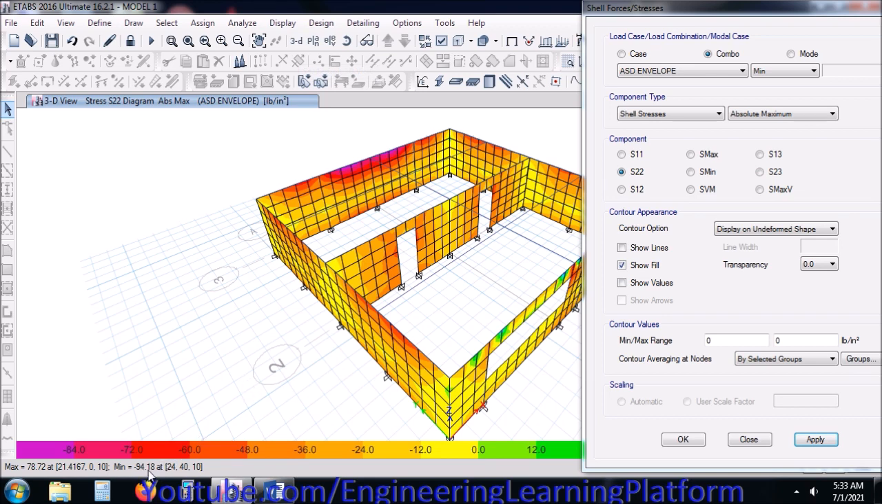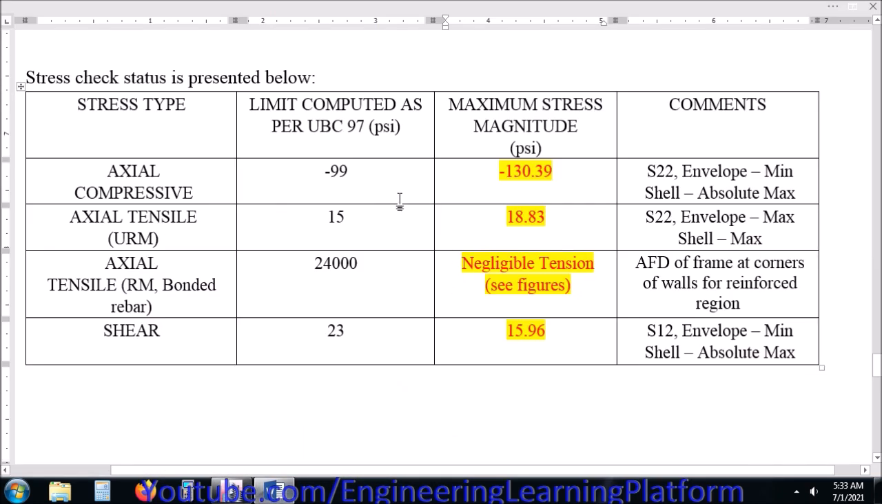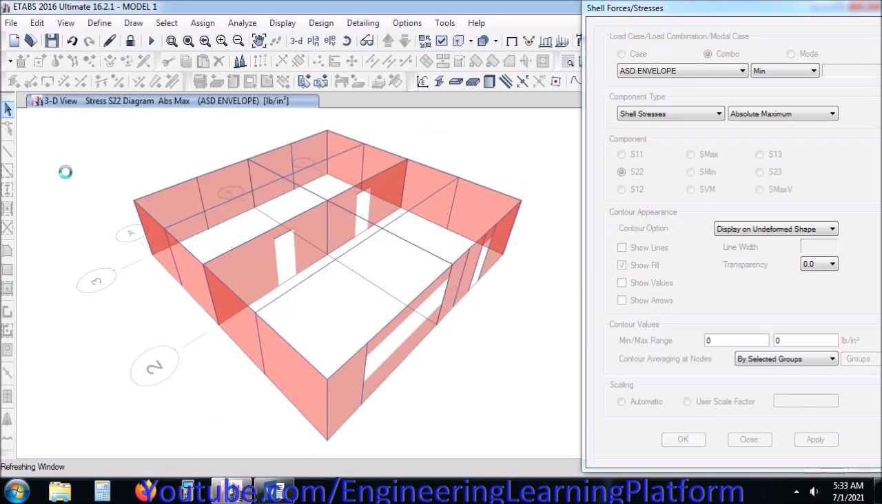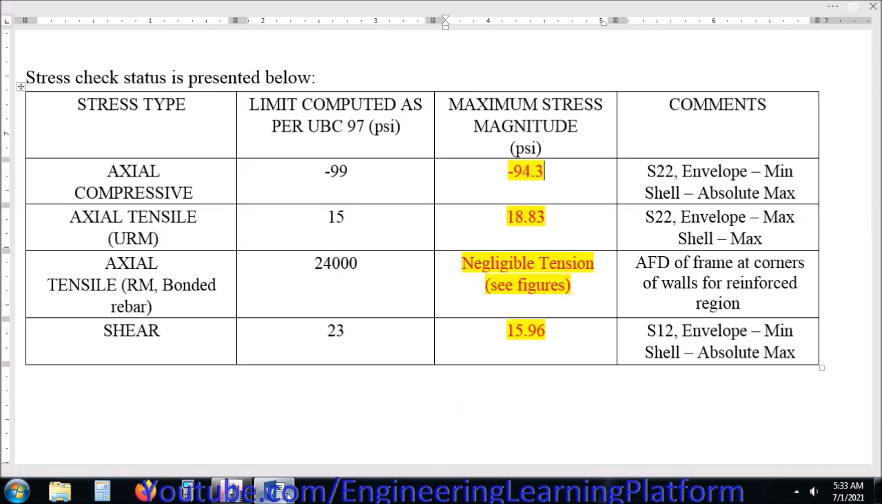The maximum stress is minus 94 psi, which is within the limit of the code. Now let's check the other stress limitations. Now we'll be checking the